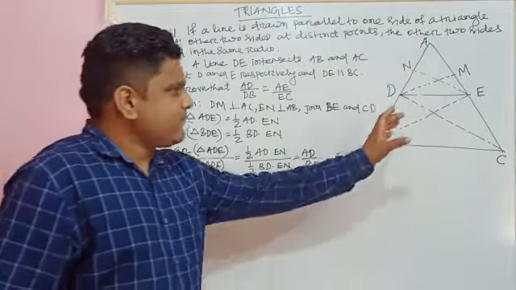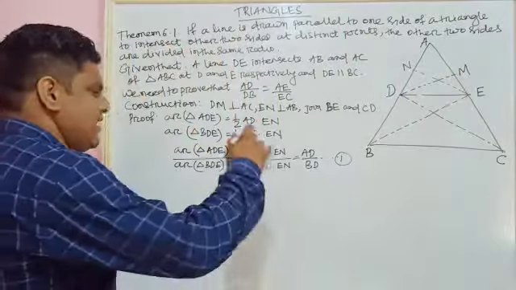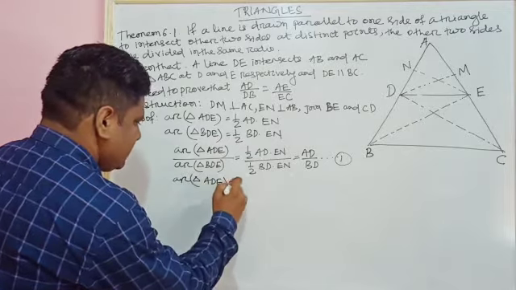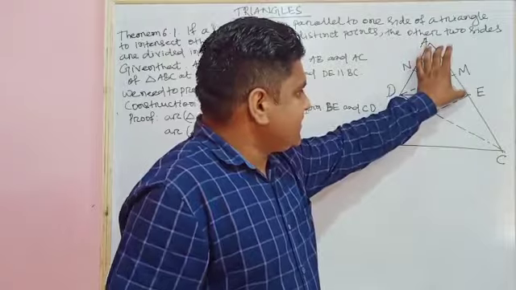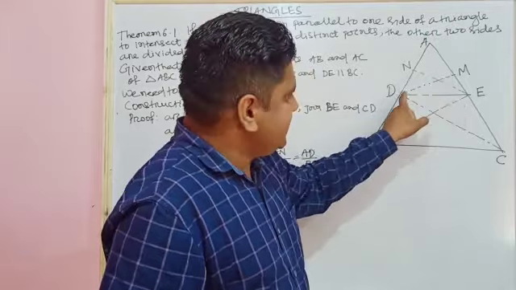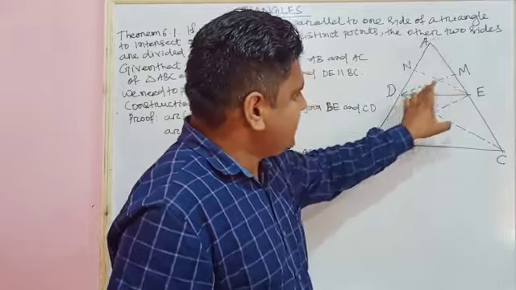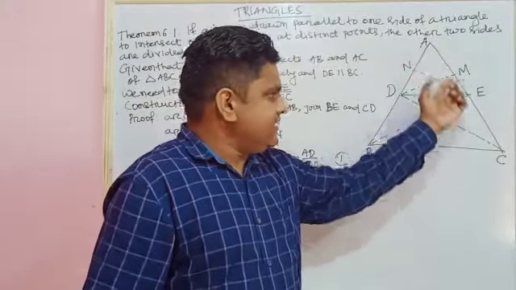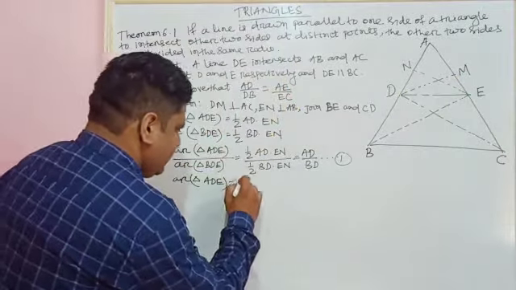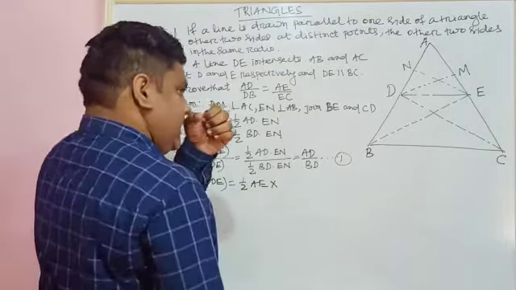Similarly, we can prove that. Let's take two triangles and try to prove. Area of triangle ADE. Once again, when AE is the base of this triangle, then the perpendicular from D to AE is DM. So area of triangle ADE will be equal to half into AE into DM. Because in this case we have taken AE as the base, so perpendicular will be DM. Write this. Area of triangle ADE will be half into AE into DM,